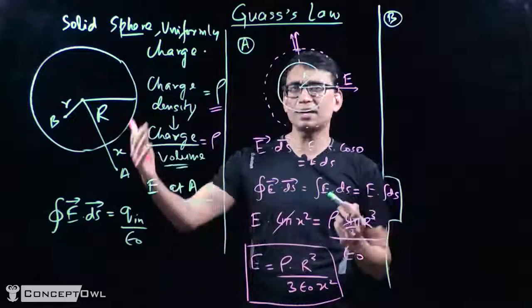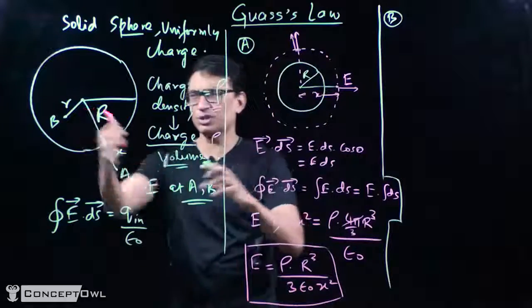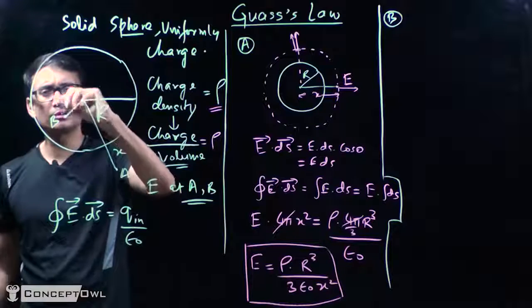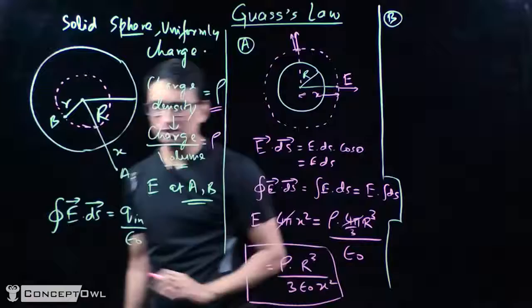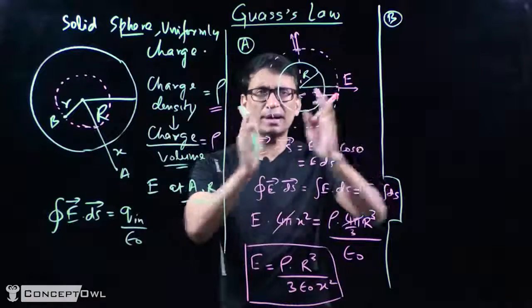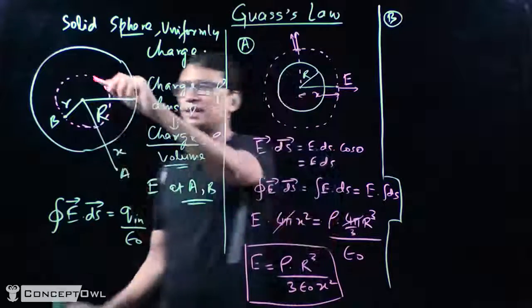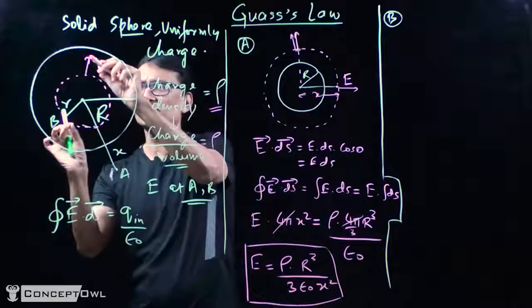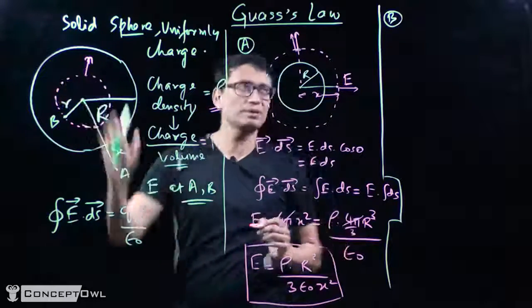Same logic. Now I'll take a Gaussian surface inside this. So I'll not draw it again, I'll just show it here to save some space. So let's take a Gaussian surface. Okay, this is my Gaussian surface. Same logic, I'll not repeat it, right? At every point by symmetry, the electric field is going to be outward. My ds also will have the same direction, right? So the angle between E and ds is going to be 0. Cos of 0 is 1. Therefore, we'll say that